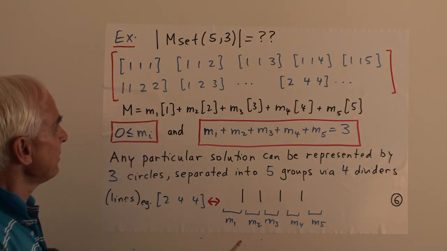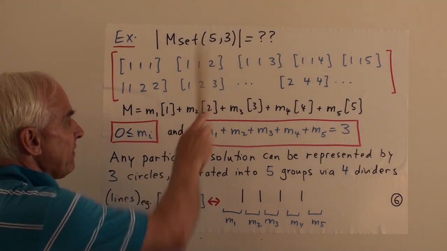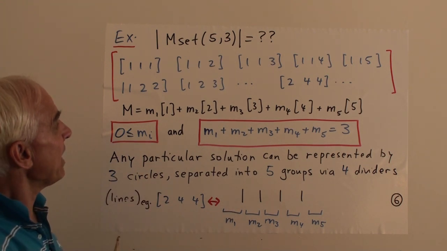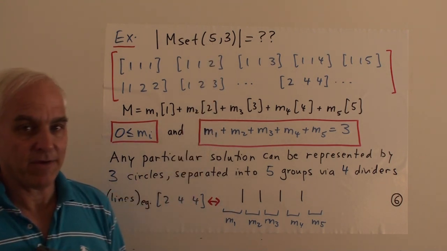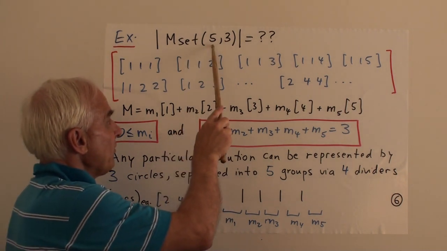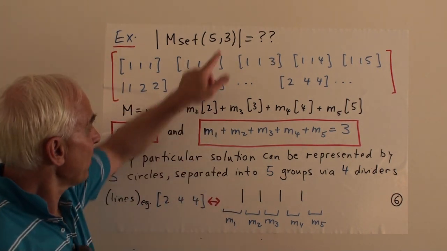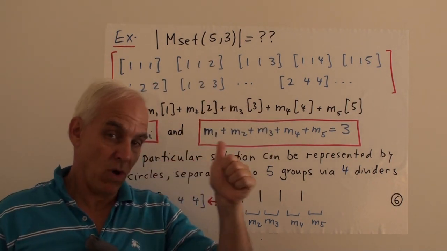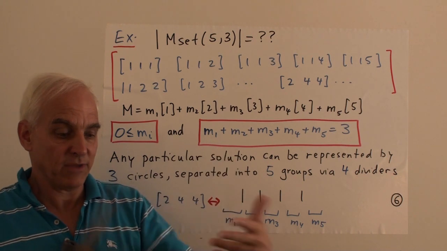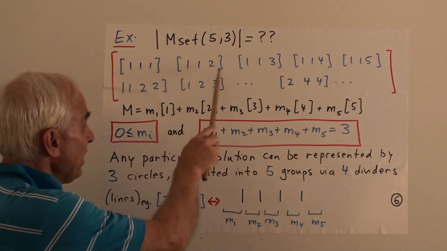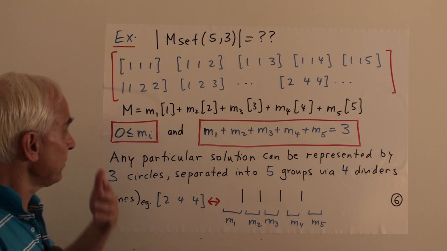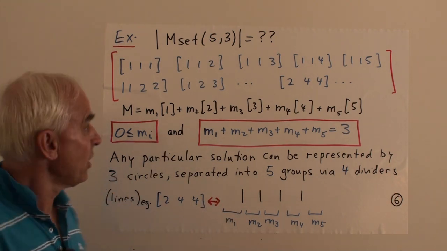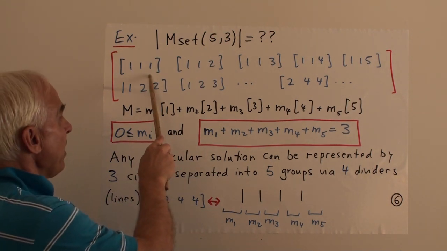So let's have a look at something like MSET(5,3). It actually fits in with what we've been using as an example quite a lot, when n is 5. So what do MSET(5,3)s look like? Well, we're talking about 3-multisets from 5. So all the elements have to be numbers 1, 2, 3, 4, 5. Those are the possibilities for the entries. And there have to be 3 entries altogether. And order doesn't matter, and repetitions are allowed. So here is a 3-multiset from 5: 1, 1, 1.